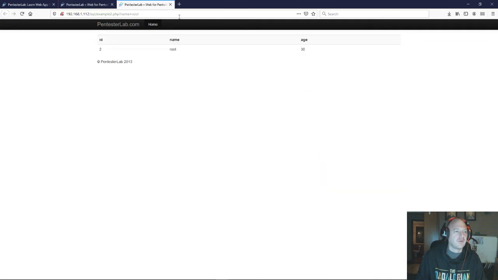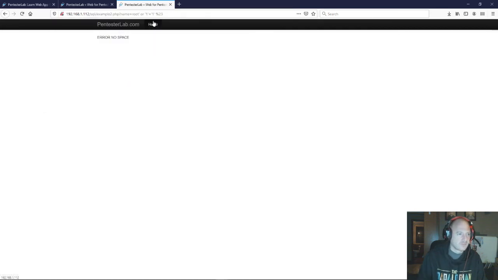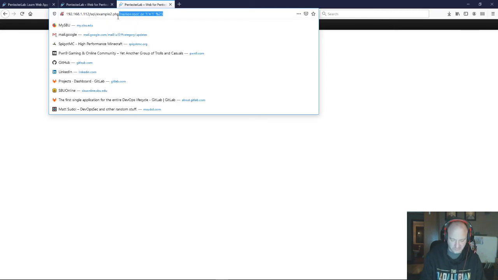Example number 2. If we use the previous attempt, we're going to get an error. I'm just going to copy and paste in the previous attempt. Error, no space. That means just what you think it means. It's not going to let you use spaces. So let's go and URI encode all of our spaces